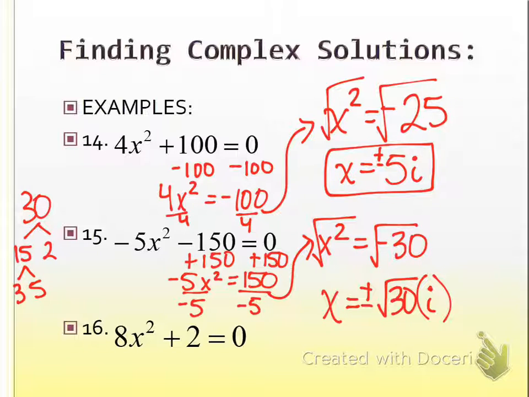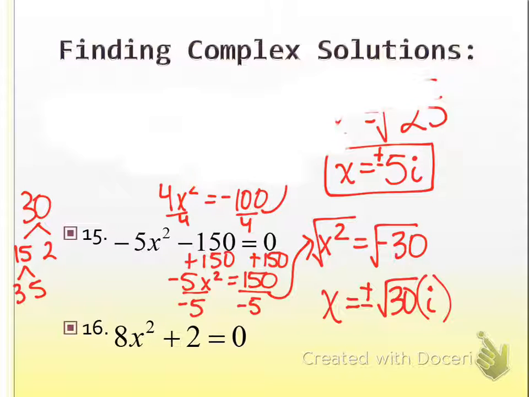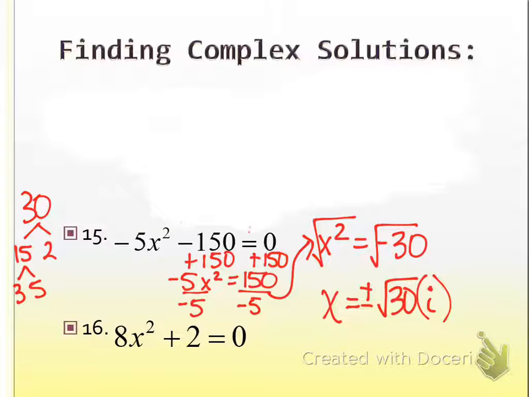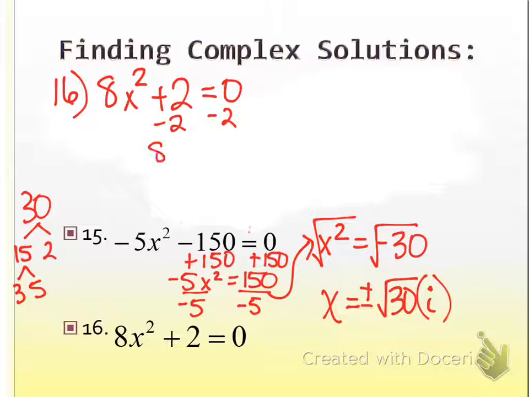Any questions before I make some room to do number 16? Okay, I'm going to take away example 14 so that we can do 16. So let's rewrite 16 up here. 8x squared plus 2 equals 0. In order to get x by itself, the first thing I do is subtract 2. So 8x squared equals negative 2, and then I would